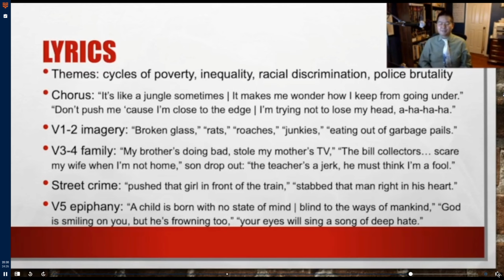And then Duke Booty talks about his son dropping out or wanting to drop out of school, saying it would be better if I didn't go to school and if I just got a job and started working to save up money, because as the son says through Duke Booty, the teacher's a jerk, he must think I'm a fool. So not only is there rampant poverty described in the song, but also there's no social mobility, because accessing social mobility through education is being stacked against them, because the education system might be looking down on them or even turning against them in a systemic way.